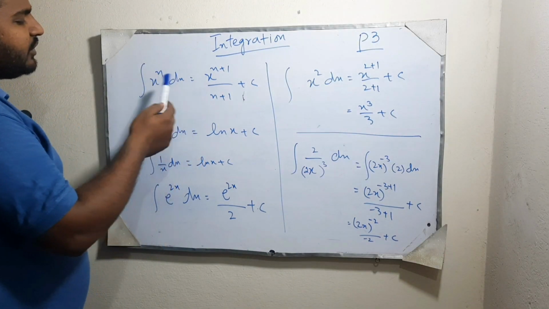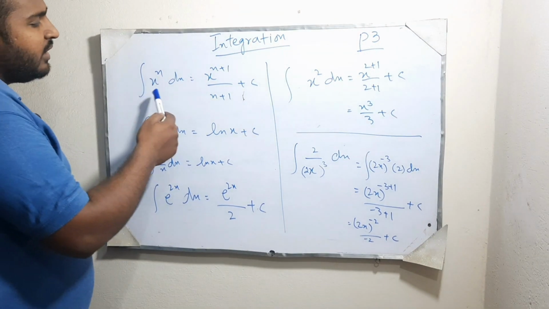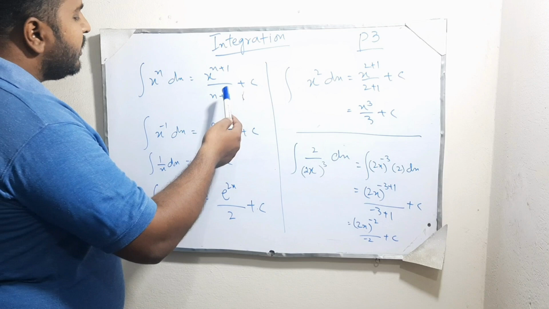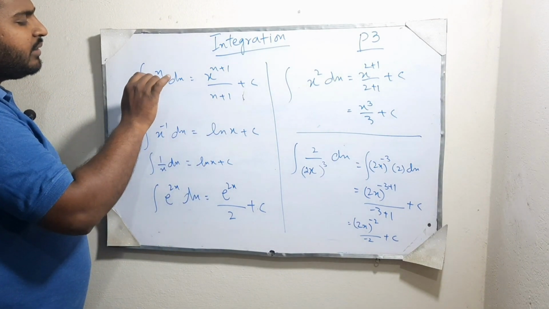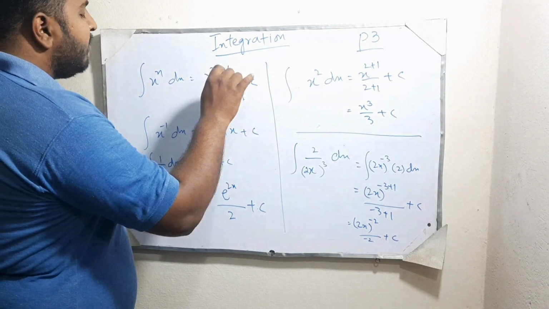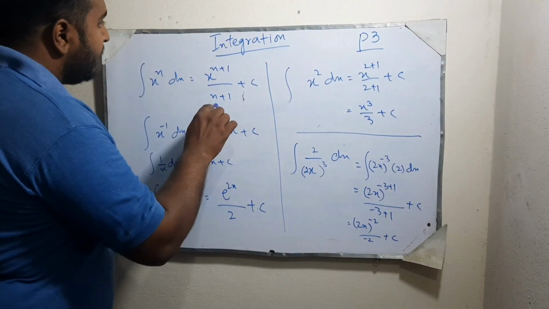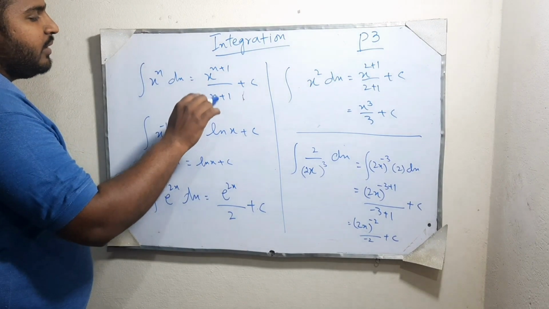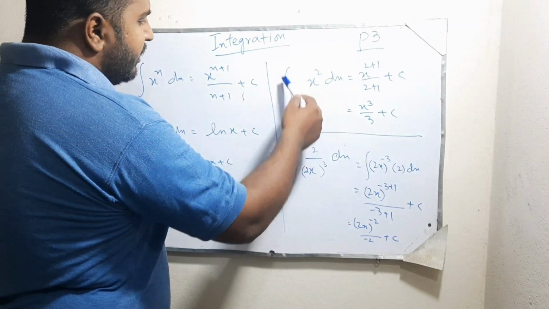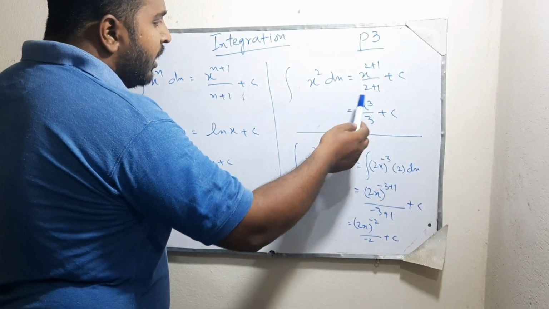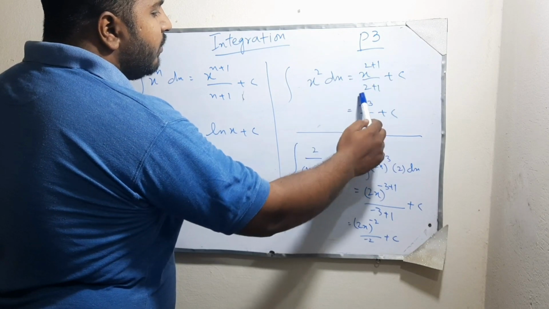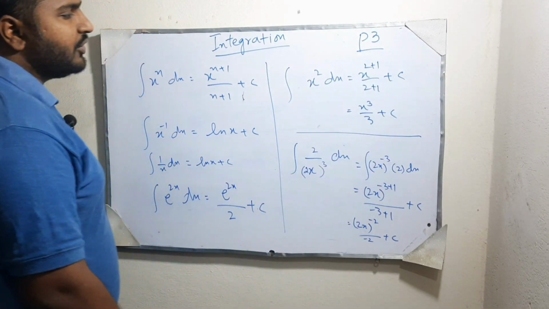If any function arises like x power n, then we just take the power rule of integration. This power rule of integration is like, whatever the power is, the power will be increased by 1, and in its denominator this power will come out as n plus 1. Like here I have done an example. If integration of x power 2 is taken, then here will be x power 2 plus 1 over 2 plus 1, plus constant of integration.